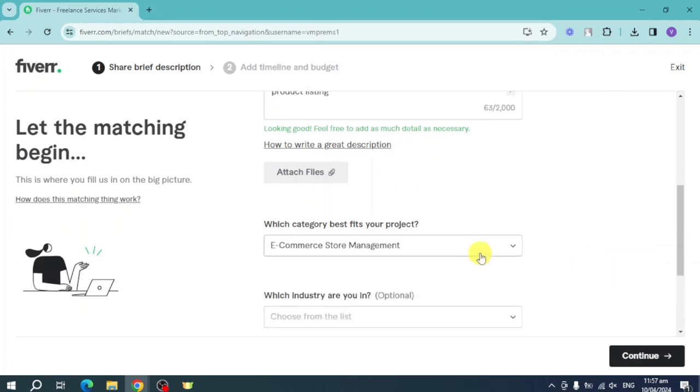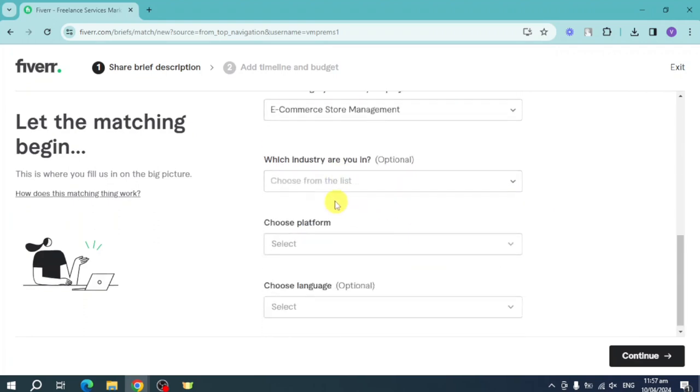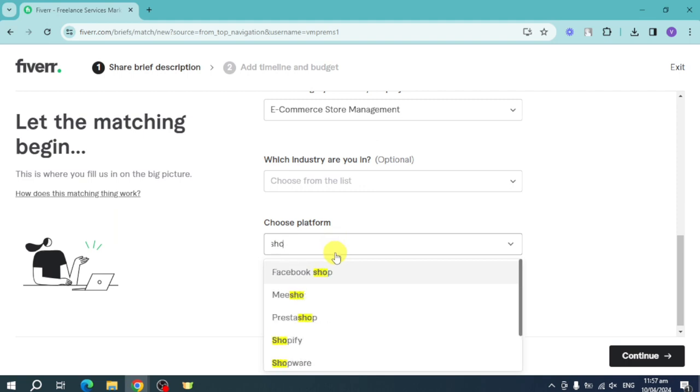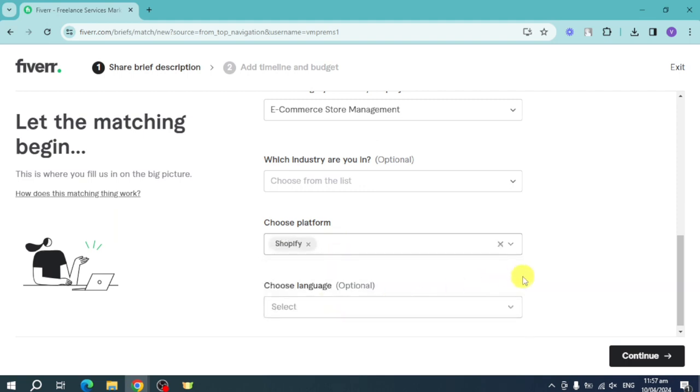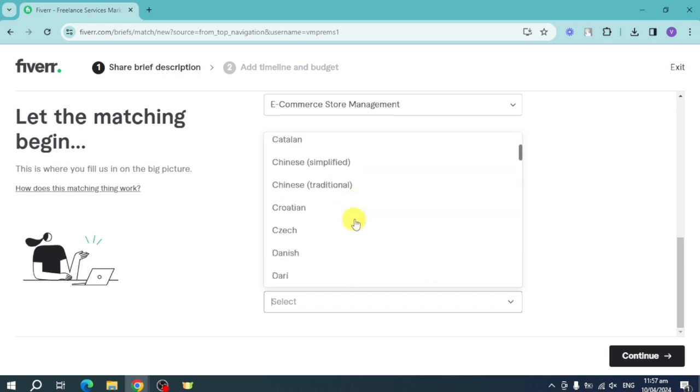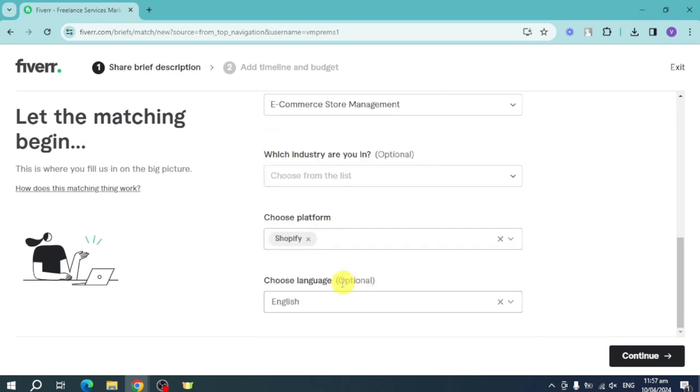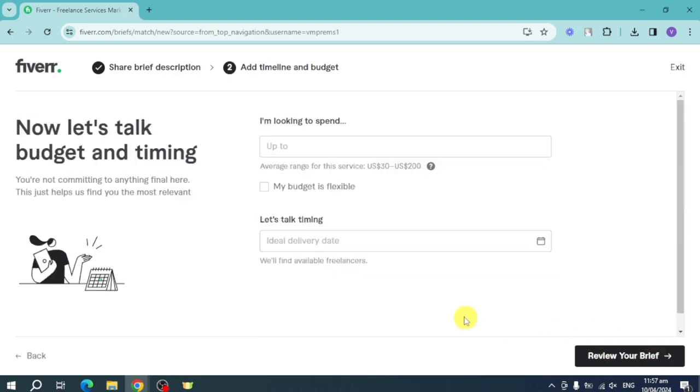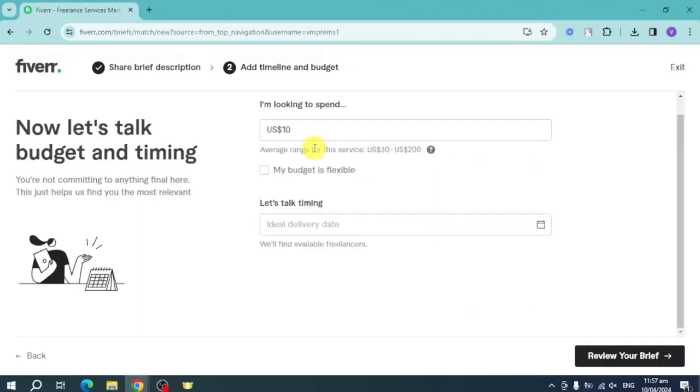Once you have done that, you can also put in here the industry that you're in as well as a platform. So let's search in here for Shopify. Here it is. Now choose the language. You can just choose that, or you can also not choose that. It's actually optional. Now click on continue, and you're looking to spend around $10, or depending on how much